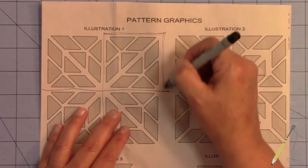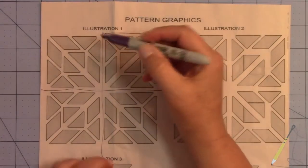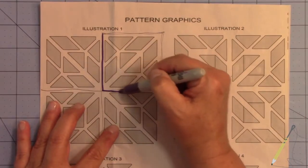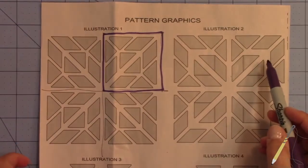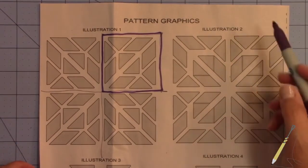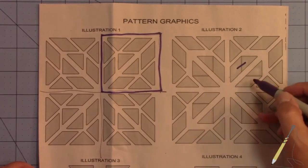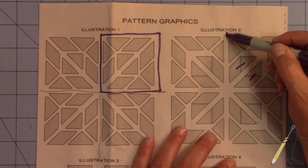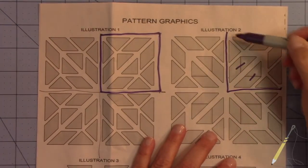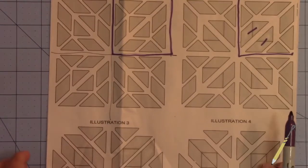I'm going to concentrate on the upper right corner. Let me use this purple pen because you can see it better. Now, if you go next to illustration number 2, the only thing that's changed are these two pieces are stitched together. So I'm going to put little marks across the seam. And if you want, you can draw this out again so you can focus on this. Then if we go down to the next one